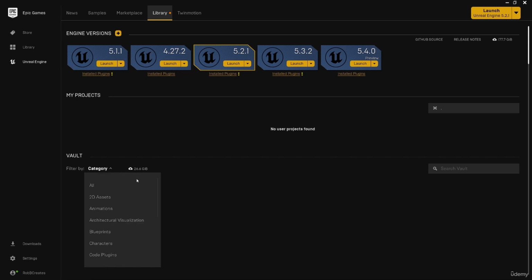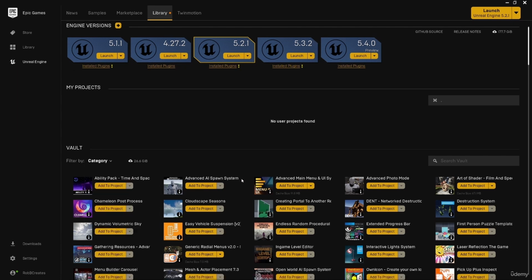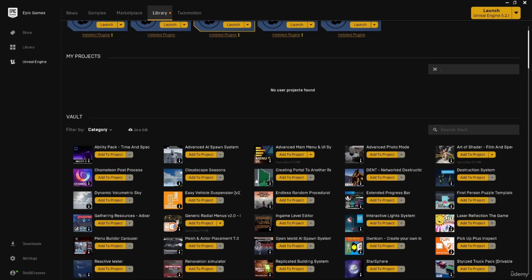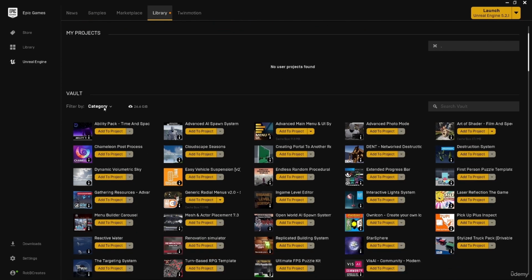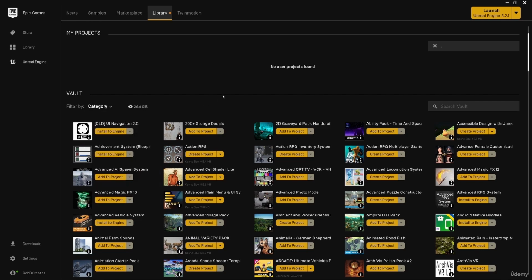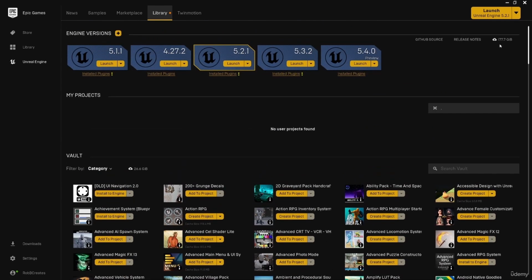So I currently have this filtered to show nothing, but I could show just the blueprint assets that I have access to. So these are all of the things bound that I've either purchased or that were included in the monthly free content at some point that are now bound to my account. And again, if I toggle on everything, this will be everything, including the visual assets, the sound, and so on. So this will be the core area where we manage most of the important things to our development, such as the projects that we want to work on, the engine versions that we're using, and the assets that we have available to us. And then we have one final option that you can see at the top here, the Twin